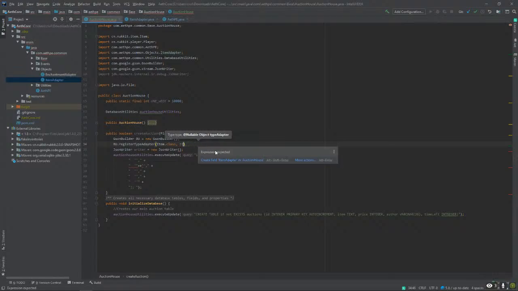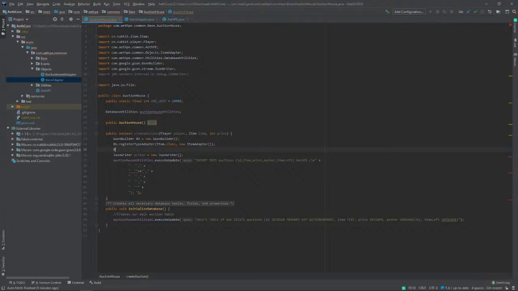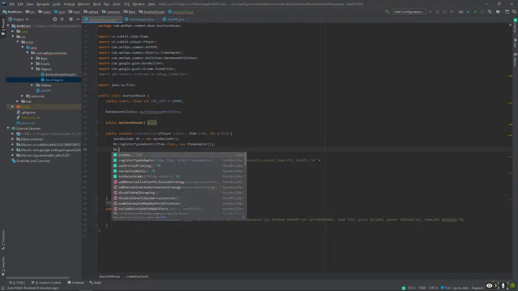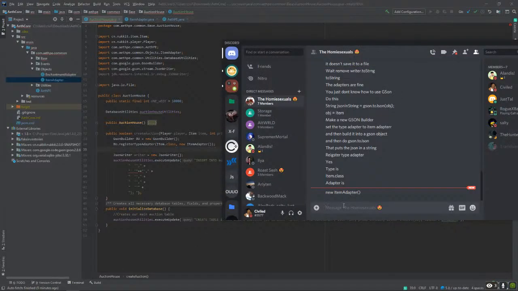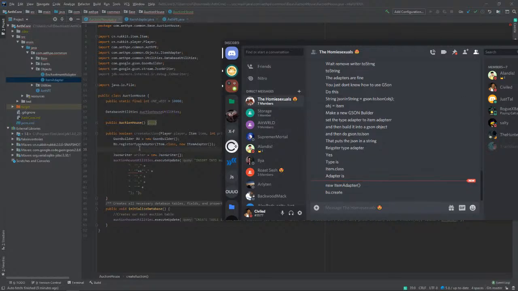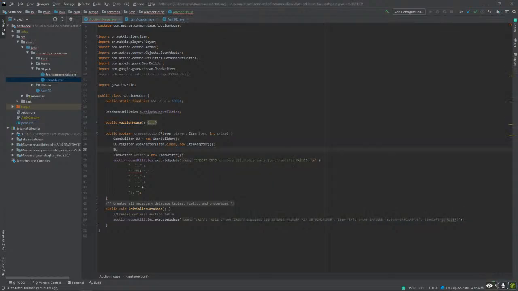Oh wait, I need new item adapter. And then I should do bu dot JSON to JSON object. So from here, I should use bu.create, yep.